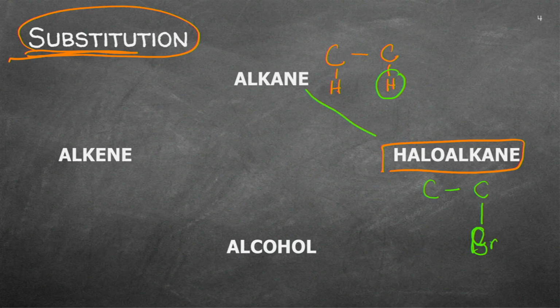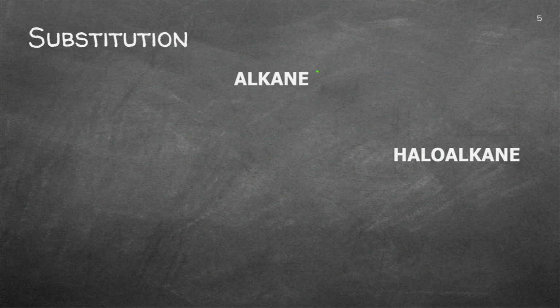So here I'm going to substitute. Have a look at that. I've got the bromine there and I've got hydrogen there, or even another bromine. So what do I have to add? I'm adding bromine and I'm getting off hydrogen because they have to substitute. Now that specific name will be, let's just have a look. I'm taking the alkane to the haloalkane. I'm going to name that